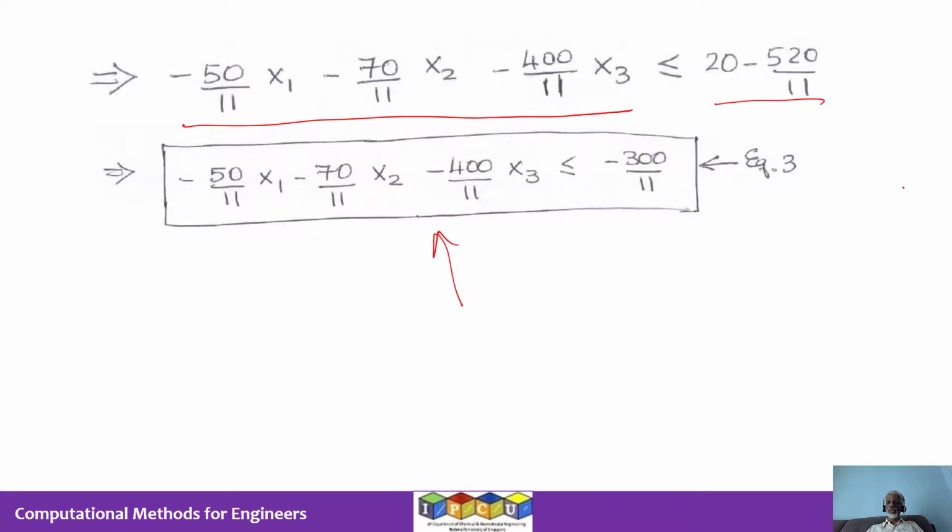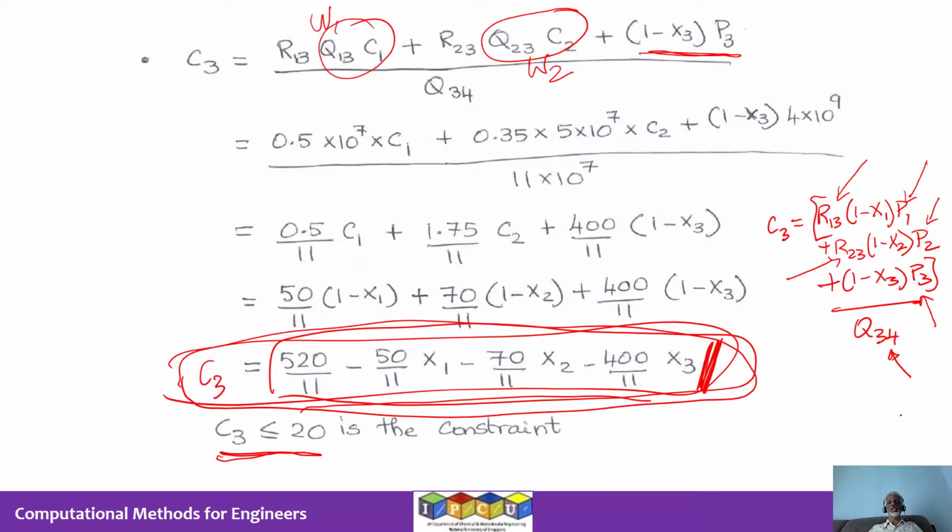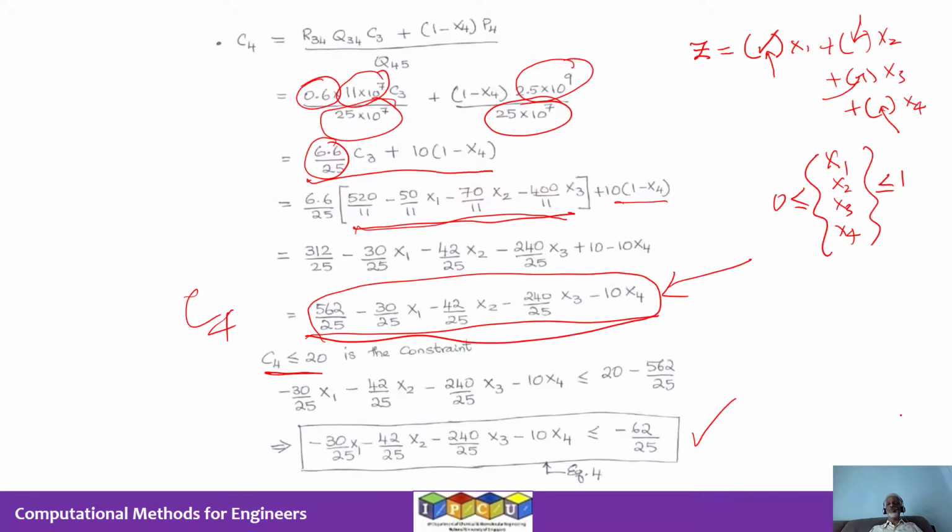And we've also had these four equations that are set up, right? So equation 1 is an additional constraint that has to be obeyed. It's not enough for x1 to be between 0 and 1. x1 also has to be greater than 0.8 according to the environmental regulations and the mass balance. Therefore, equation 1 is to be added to the list of constraints. Equation 2, equation 3, and equation 4. All of these have to be included. So 4 equations, right? Those are inequalities. Those have to be included.